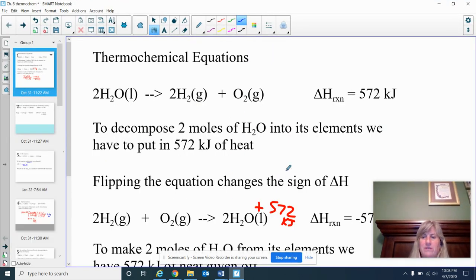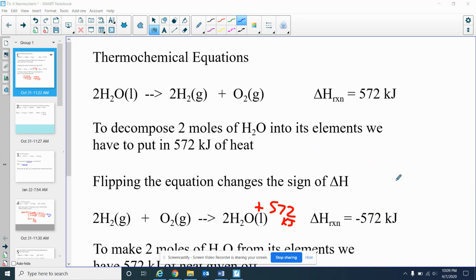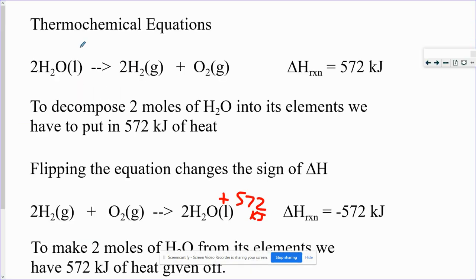All right, so our other video today, actually our second one, is on thermochemical equations. And thermochemical equations are just where we have heat in the equation. So we've had lots of chemical equations before, where we just balanced the equations and had our mole ratios, but now we're going to add heat in. So let's get started with that. So with the thermochemical equation,